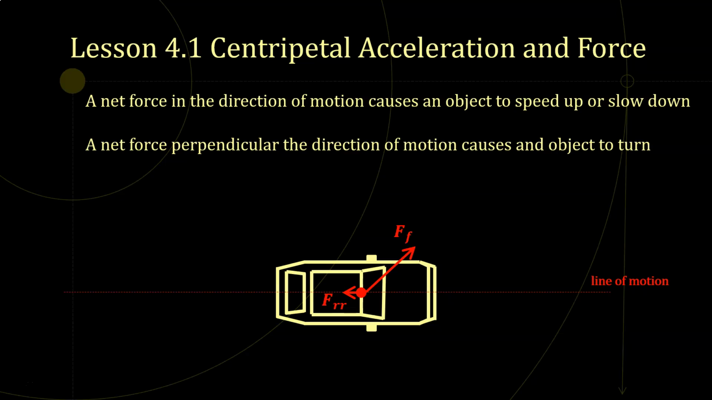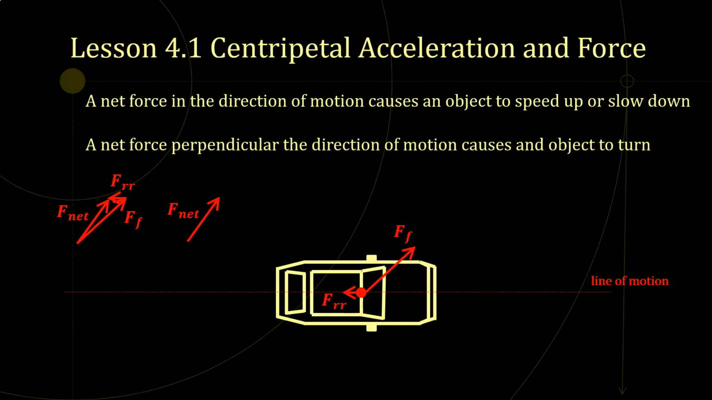Well, let's just analyze this the way we would analyze any vector. So I'm going to go ahead and add my friction force vector to my rolling resistance vector, and notice I get a net force pointing off to the side. That net force is very close to my original friction force vector because that rolling resistance vector is very short. So I've got this vector that's pointing partially in the line of